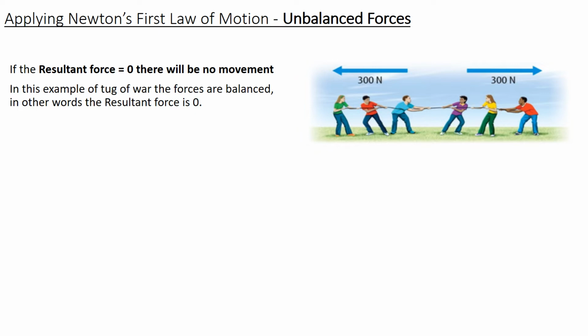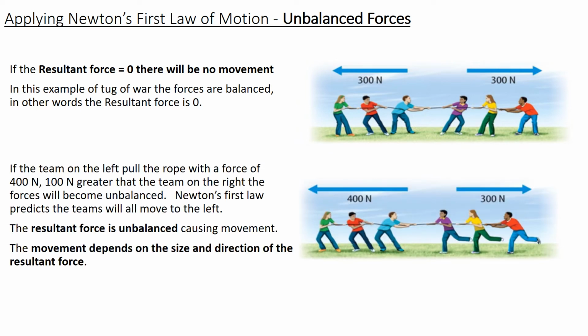Got my tug of war going on here. So the resultant force is 0 because there will be no movement. There's 300 newtons in one direction, 300 newtons in the other. Everybody stays the same. However, if on the team on the left, we've got somebody who's clearly had their Weetabix